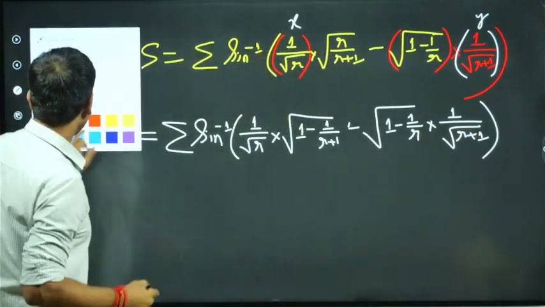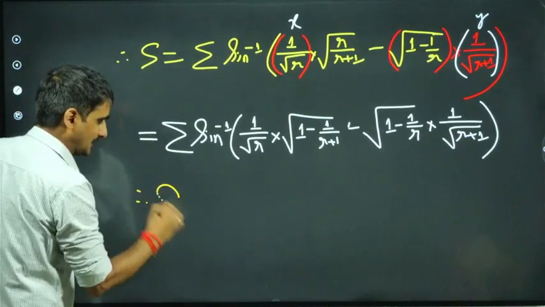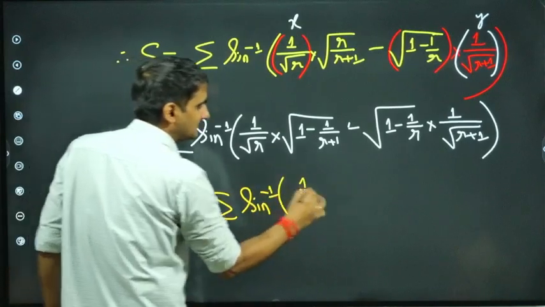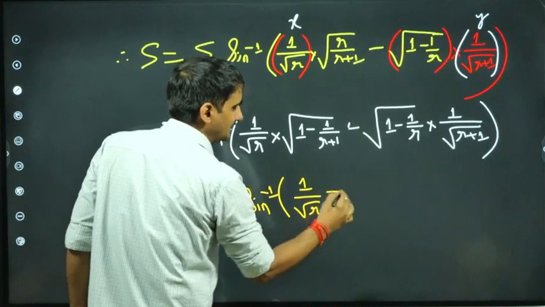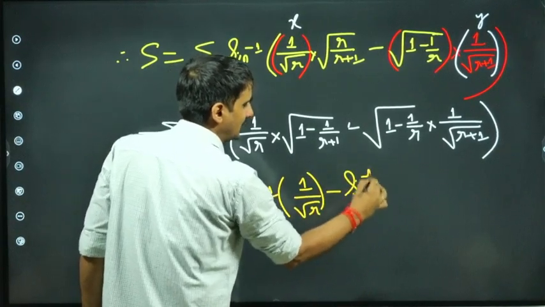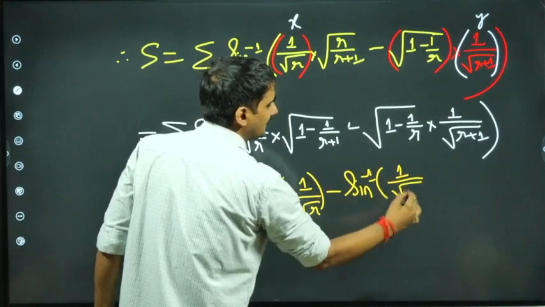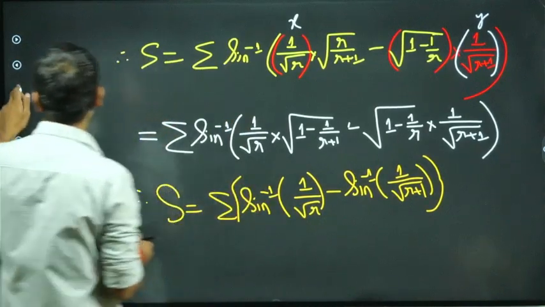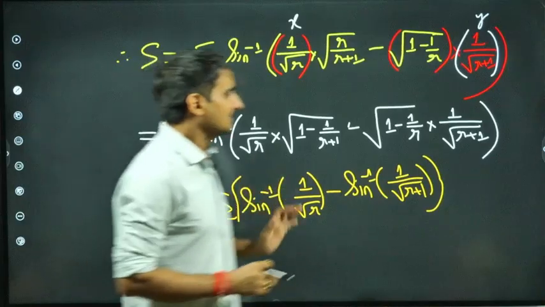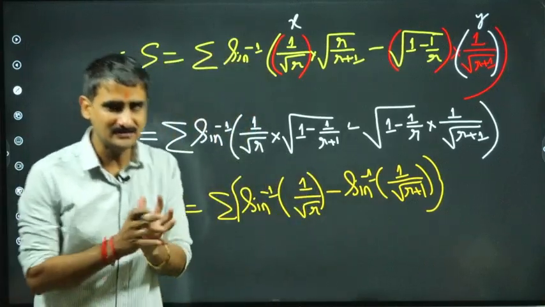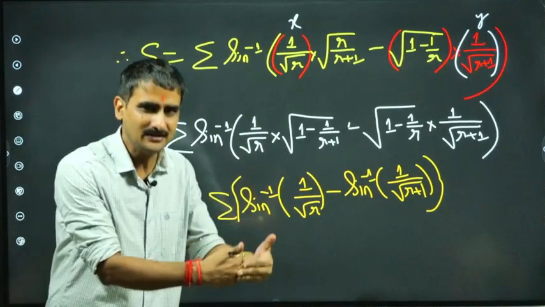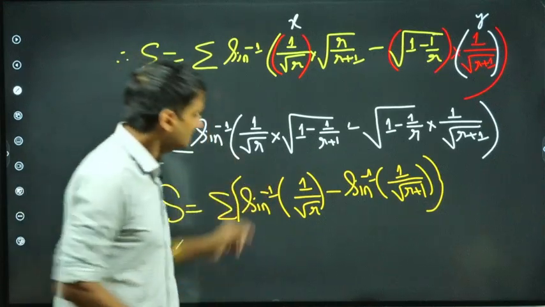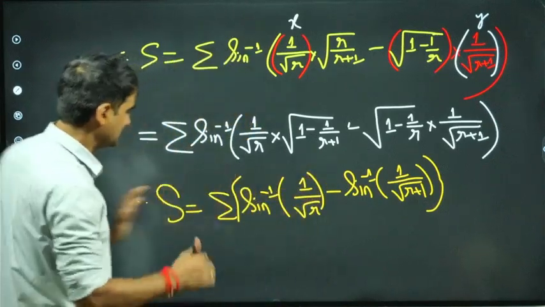तो फॉर्म क्या बना? Finally what we got is that S is the summation of sine inverse of x, which is 1 upon root r, minus sine inverse of y, which is 1 upon root r plus 1. अब ये अपने आप ही दो कॉन्सेक्यूटिव टर्म के डिफरेंस में आ गया। That was not deliberate. While adjusting for x and y, I didn't deliberately try to keep x and y as consecutive. Of course not. सारा फोकस उस फॉर्म पे था, ये अपने आप सेटल हो जाएगा बच्चों यदि होना होगा।